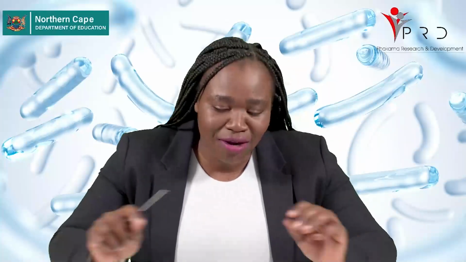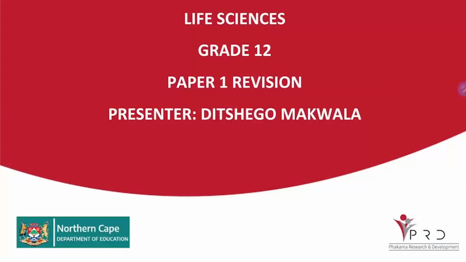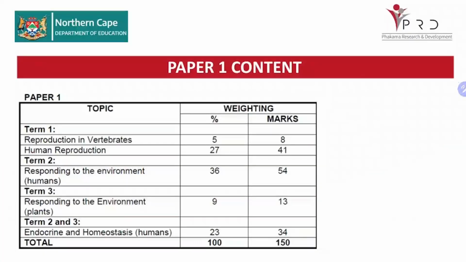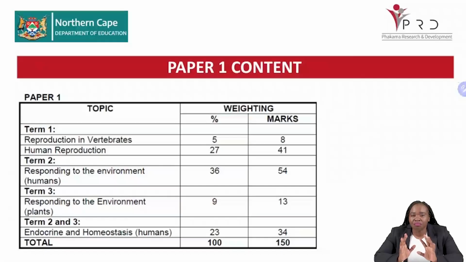So today's lesson, we are still looking at our paper 1 revision. We are going to focus on some of our past papers as we have been doing previously. We are just going to be looking at section B of our past papers. Here we will be looking at our question 2 part, and then later on we will look at our question 3 part. Remember, our Life Sciences paper is out of 150, as we can see here,